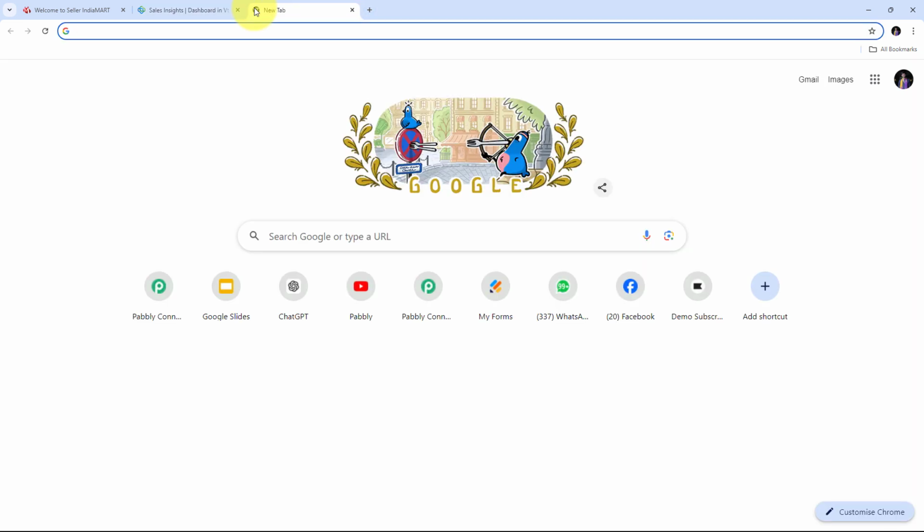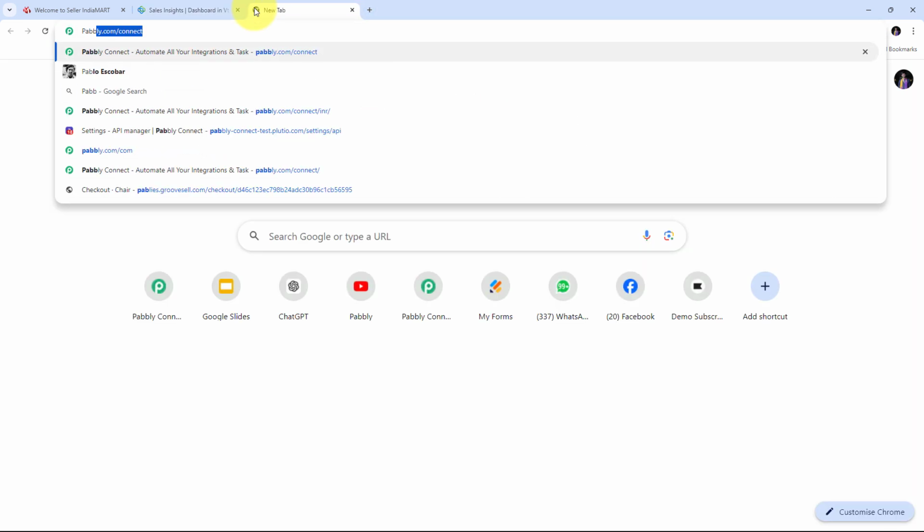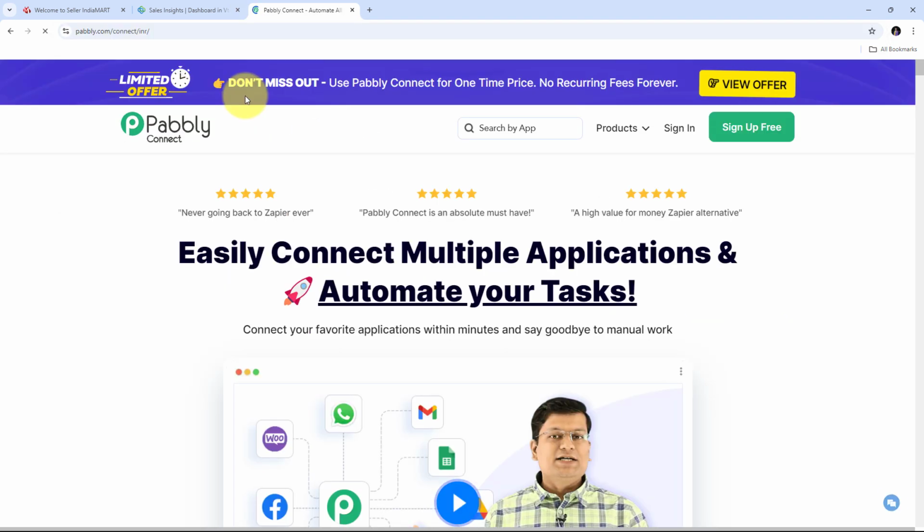So here for setting up this automation, I need to use Pabbly Connect, and for using Pabbly Connect, I need to open a new tab, and here I need to search for pabbly.com/connect in my browser. And this will take us to this landing page of Pabbly Connect. Now here in my landing page, I have two options of sign in and sign up for free. If we don't have any account with Pabbly Connect, then we can just click on this sign up for free button, and this will take only 2 minutes of our time, and we will get 100 tasks free every month. Or if we already have an account, we can just sign in